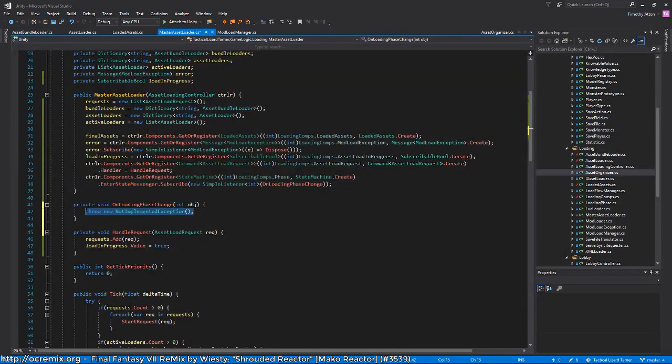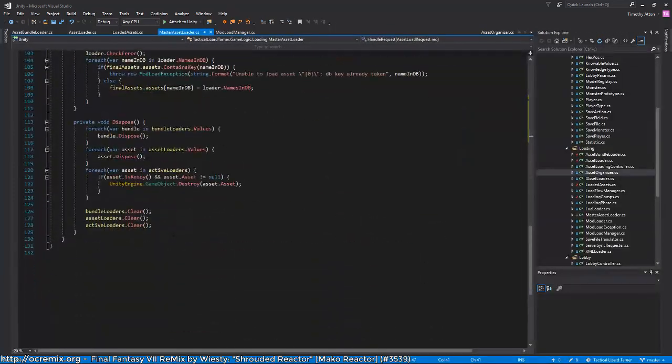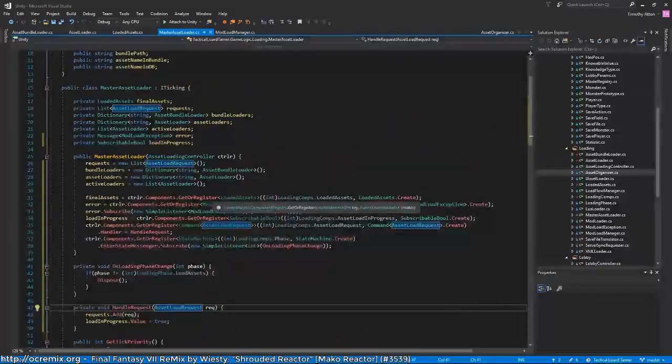Basically how this works is if phase equals, or actually how we'll do it is if phase does not equal loading phase asset, and then we could just call dispose, and that will clean up all this for us. Okay, so I think